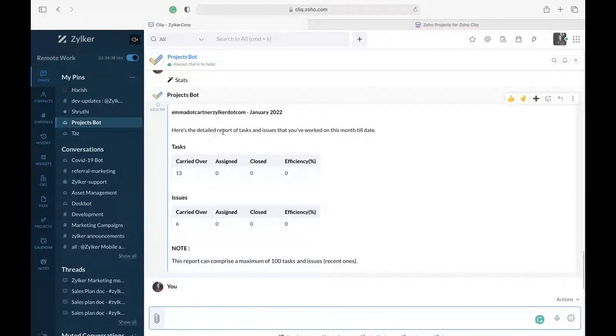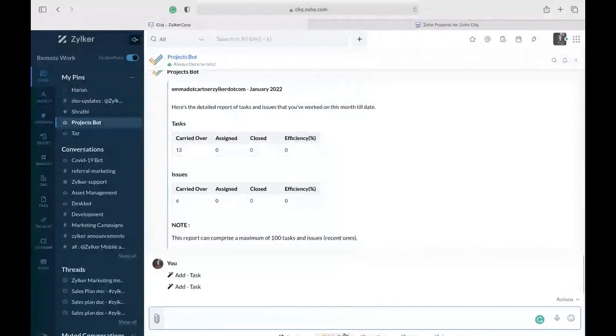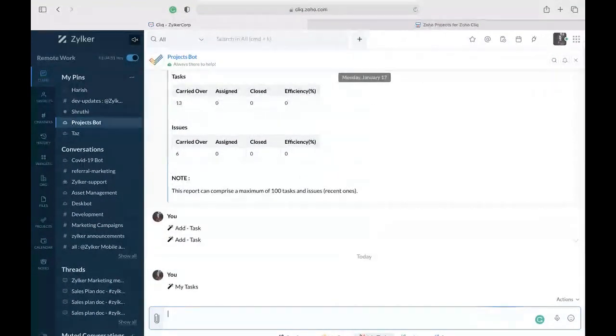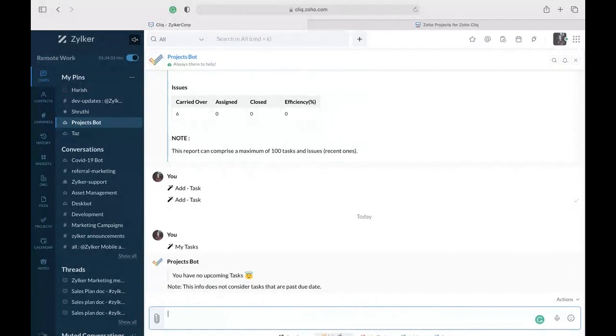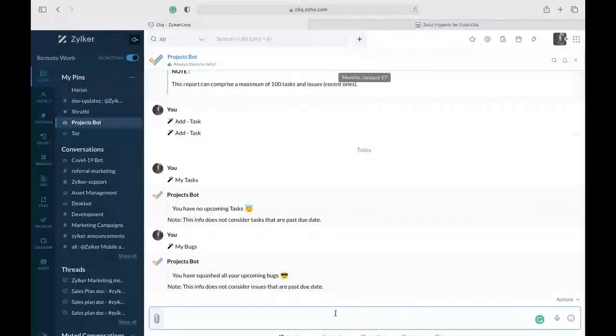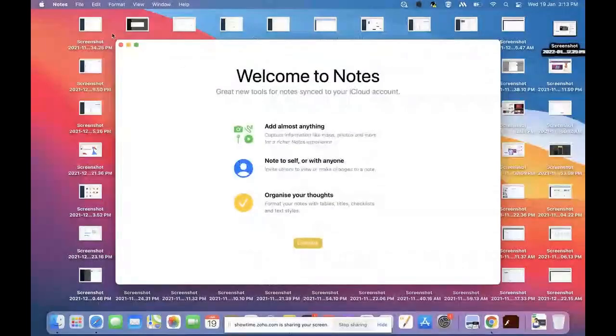Here you can see a detailed report of all my tasks for January. So all my carried over tasks, task closure, the efficiency rate and much more. If I want to add a new task, I can click on the option. It says there are no more tasks for me. If I want to see what bugs I have, I can see that here. So likewise,